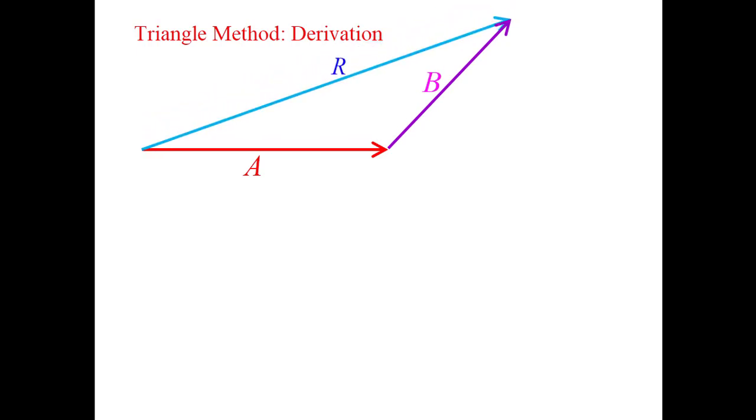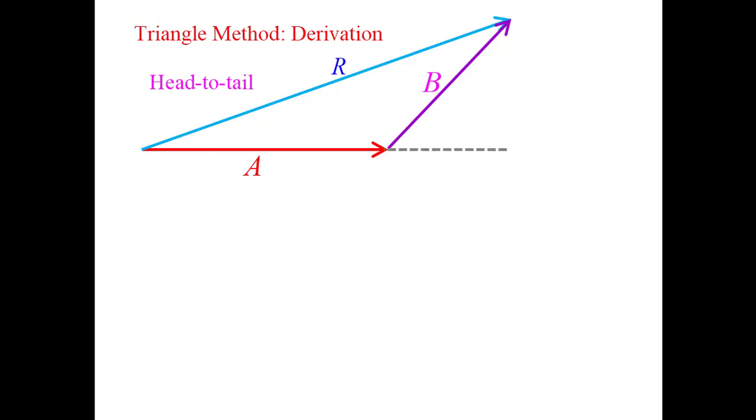Now, as I promised to you, we move on to the mathematical derivation of the two methods. First, we begin with the triangle method of vector addition. If we have vector A and vector B, they form a triangle of resultant R,